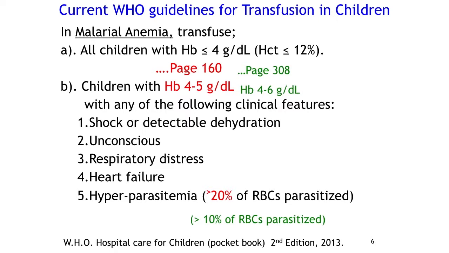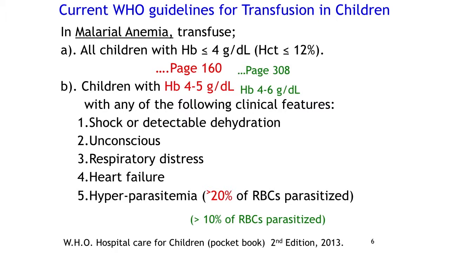However, if there is shock or detectable dehydration, if the child is unconscious, in respiratory distress, with heart failure, or hyperparasitemia of above 20% parasite red blood cells. That's what it says on page 160. In the same book, on page 380, talking about the same topic, when to transfuse a child with anemia from malaria, they say, of course, the first category remains the same,